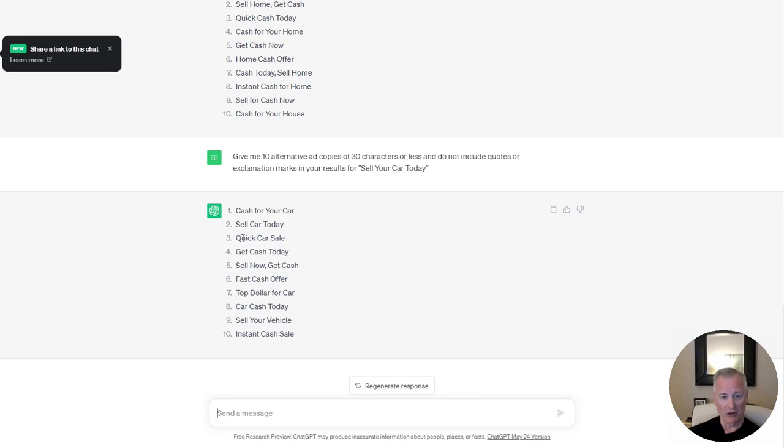Sell car today, quick car sale, get cash today. So these aren't great, obviously, but they're only going to be as good as the input, right? Garbage in, garbage out. But you can see that it can do a very good job of giving you ideas. Again, you may not use exactly what gets cranked out of here, but you will get different ideas that you can implement back in Google Ads.